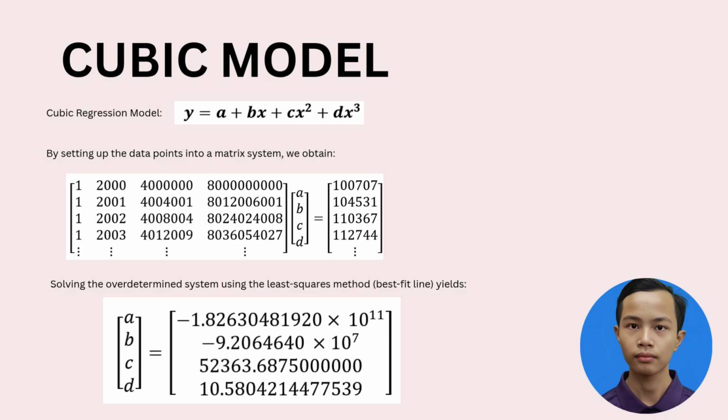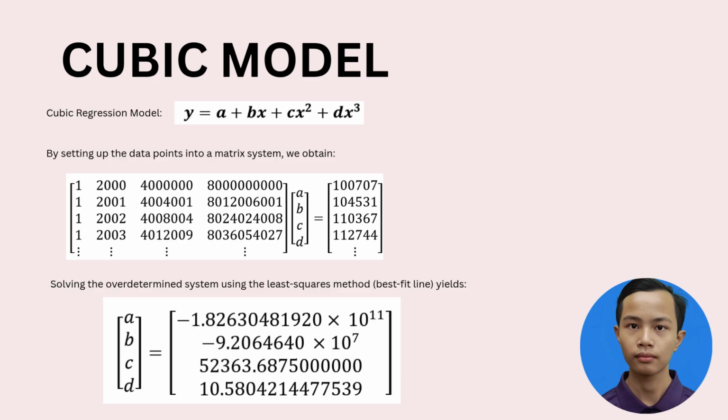So today I will present the cubic model. The model is y equals a plus bx plus cx squared plus dx cubed. So we set up the data points in the matrix. So we obtain Mv equals r, where it could be this 1,480